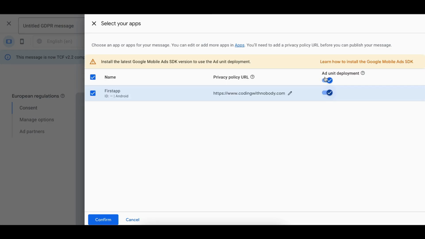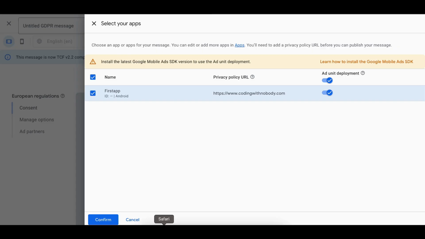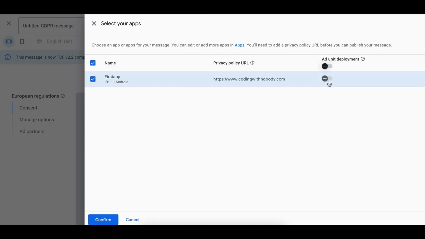I'll also make sure I click this add unit deployment as well. Do I have to add privacy policy? Okay, add privacy policy in the do not consent, select on. I think the add unit deployment may be for production purposes, but for now I'll just keep it off. I'll click on confirm,